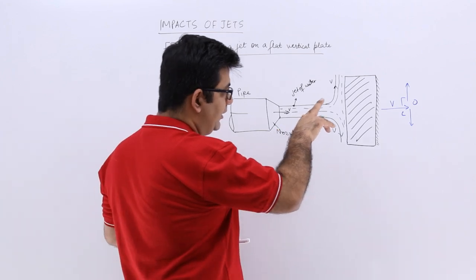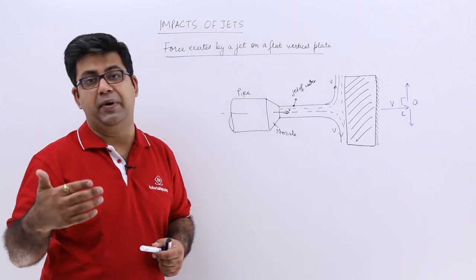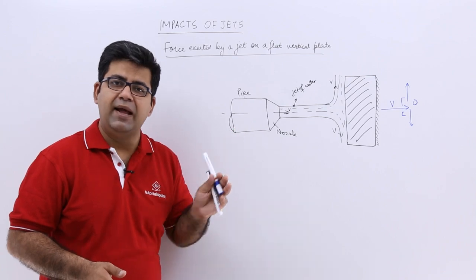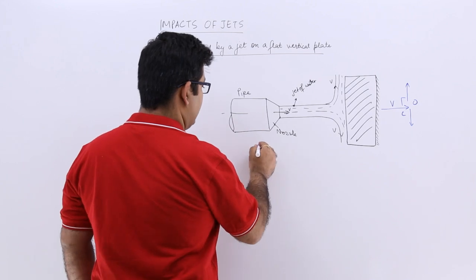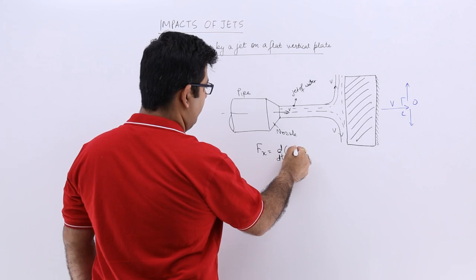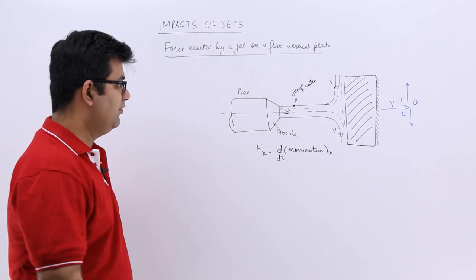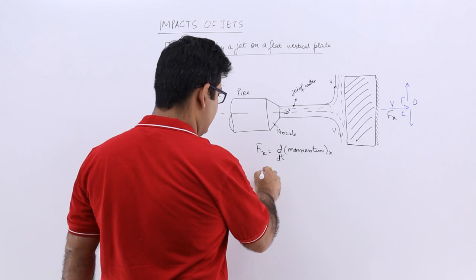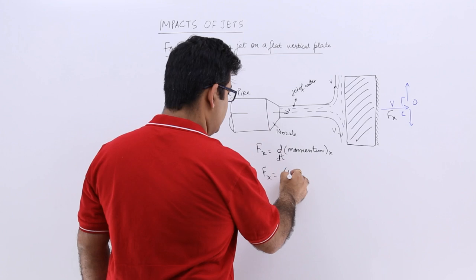So the magnitude and the direction of the velocity both are changing, which means there will be a change in the momentum of the liquid. So in this chapter we will be applying the impulse momentum equation. The impulse momentum equation says that the force exerted in a particular direction is the rate of change of momentum in that direction. So if I find out the force exerted by the jet onto the plate in the x direction, it would be initial momentum